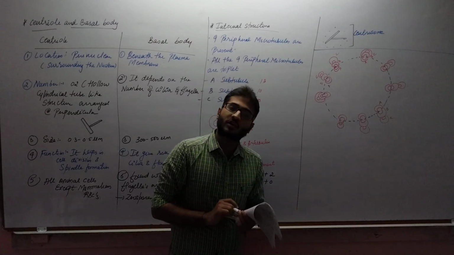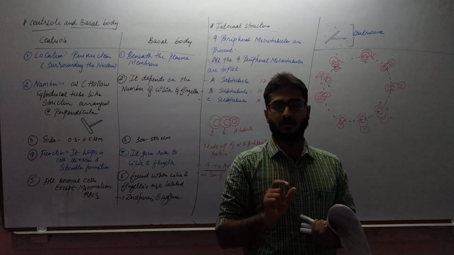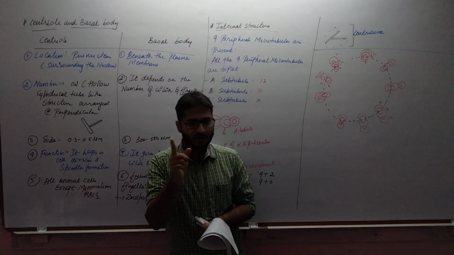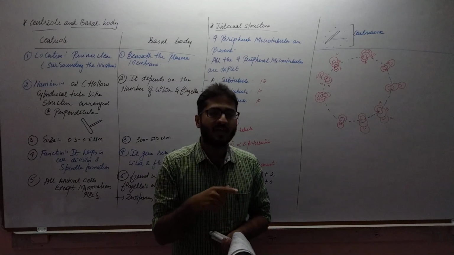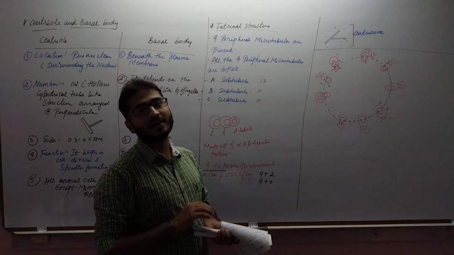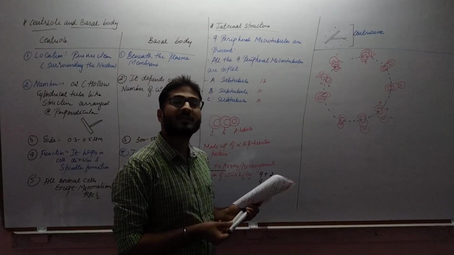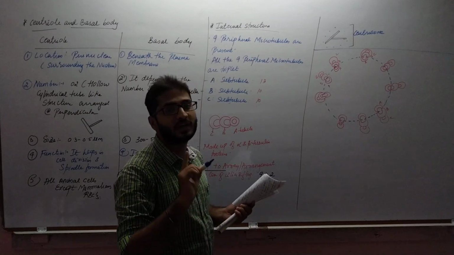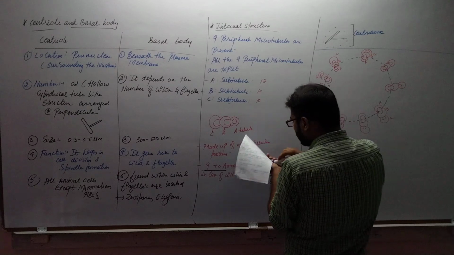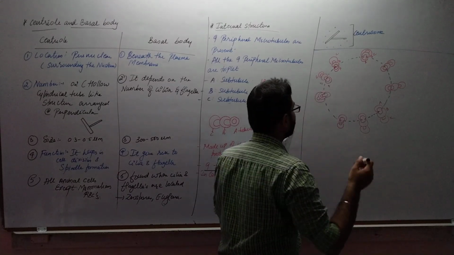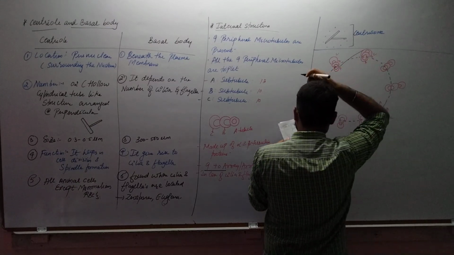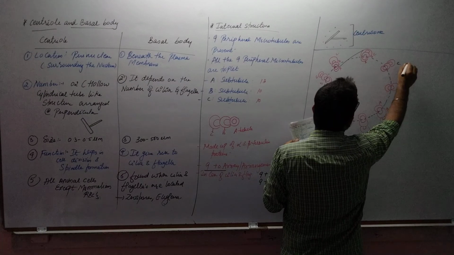Now if you remember, in the structure of the cilium and flagellum, the linker was only the AB linker, because only 2 subunits were present, A as well as B. A was made up of 13 protofilaments and B was made up of 10 protofilaments or microtubules. Here the linkers are AC linkers. So when I use the word AC linker, it means the connection is between A and the adjacent C. So if this is A, I am using the black marker for the AC linker connection. If this is A, it is connected to the adjacent C like this.